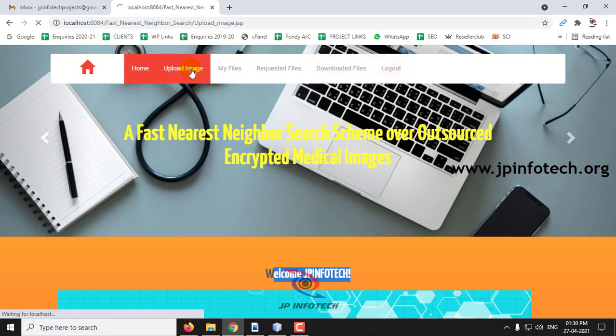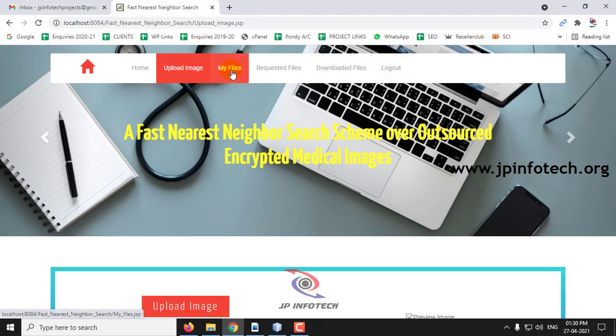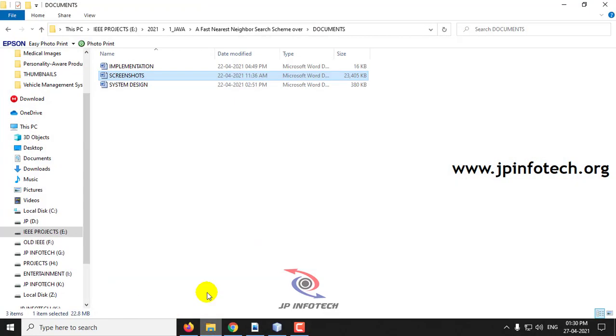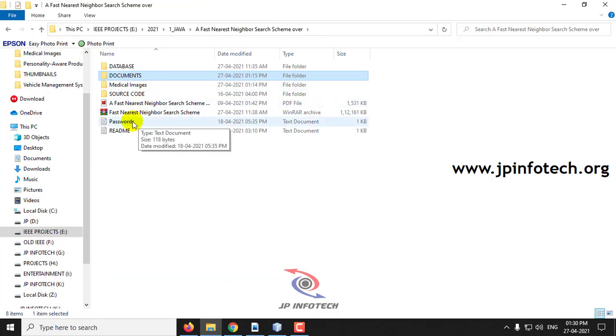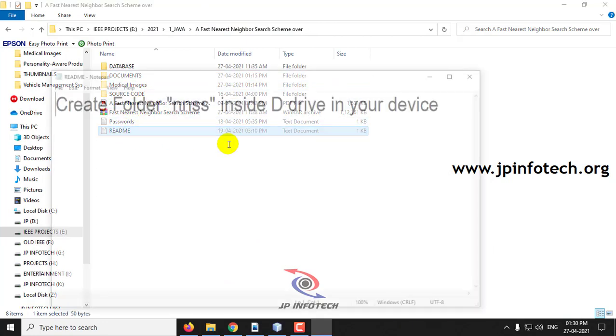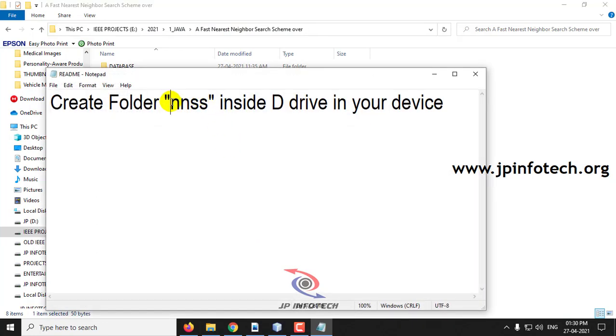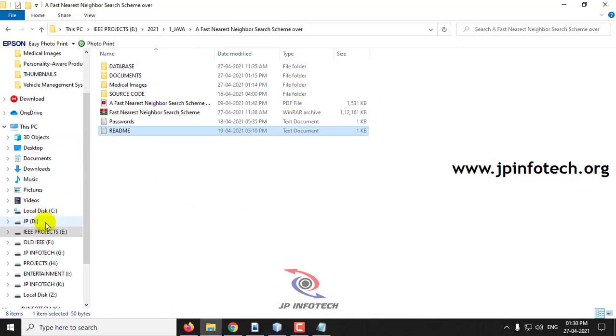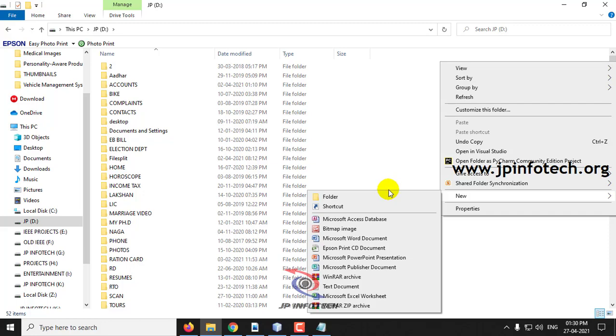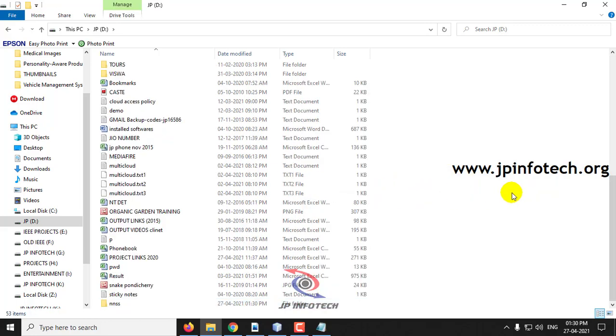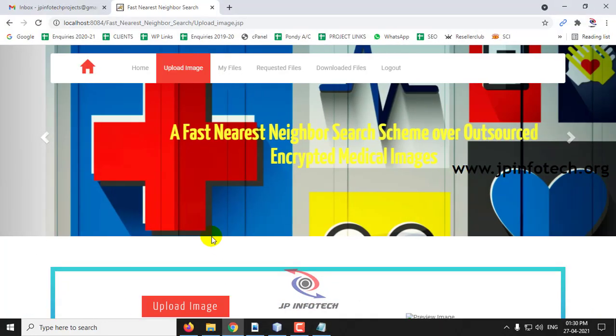First, we need to upload the file in the cloud. Before uploading, make sure that you create a folder called WNSS in the D drive. Let me go to the D drive and create an empty folder here, WNSS.